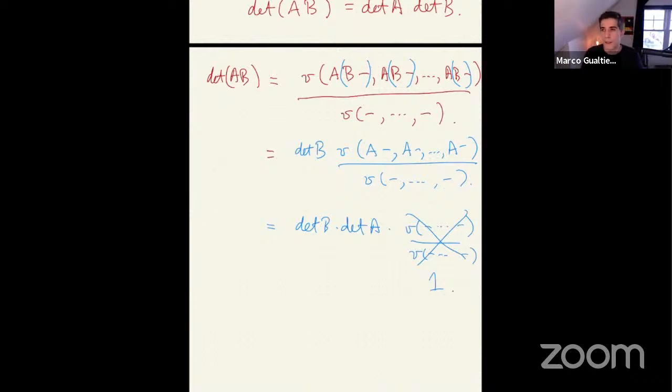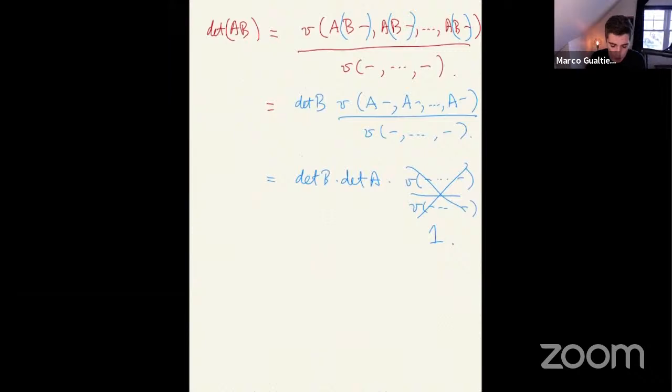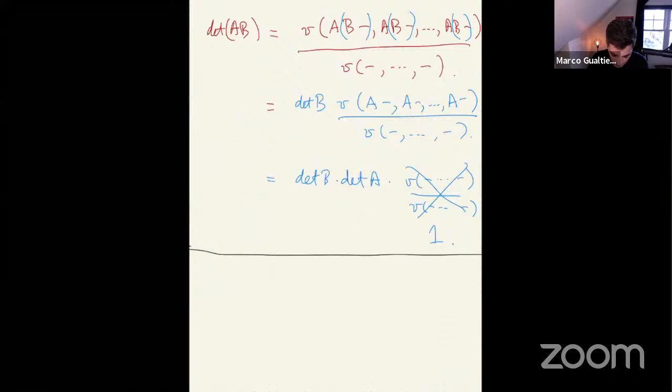Okay, so yeah, the determinant of a composition or a matrix multiplication is the product of determinants. And so that's kind of easy from the point of view of this definition. Okay, and this fact leads to a very interesting definition that we can make.